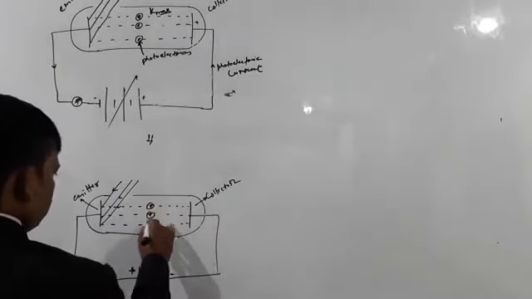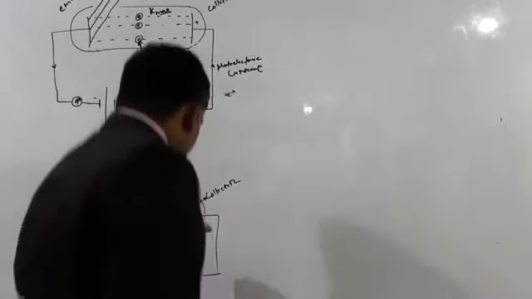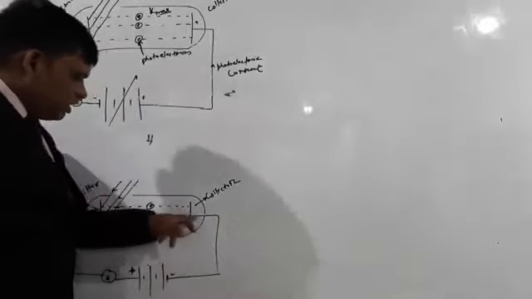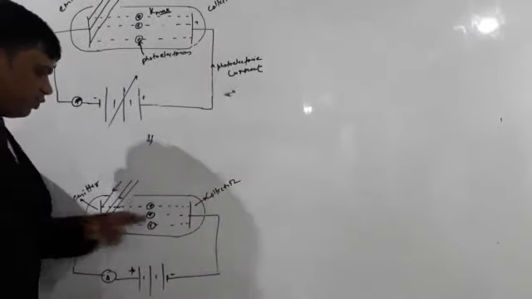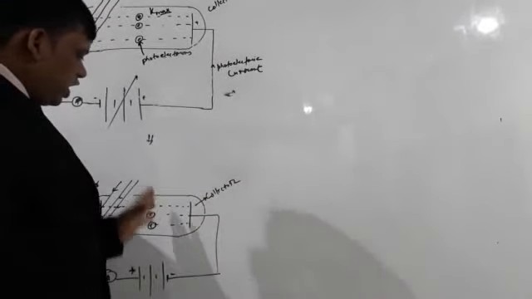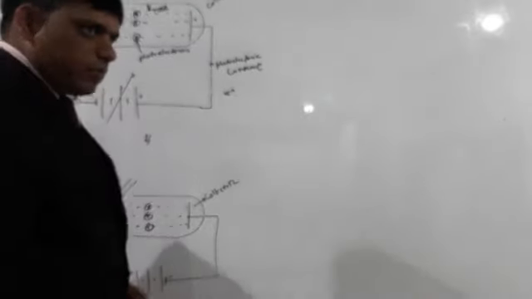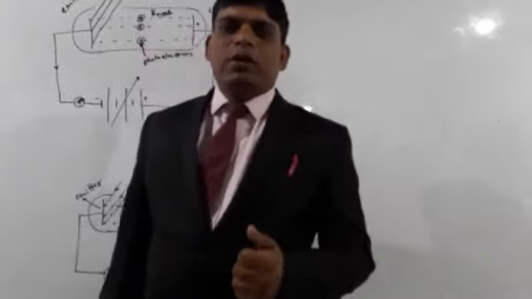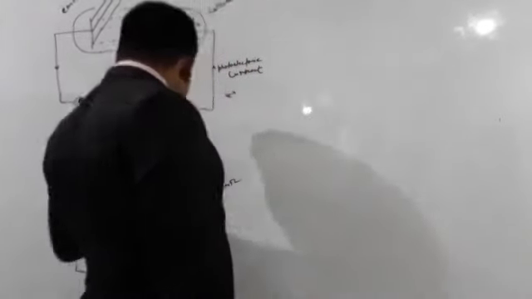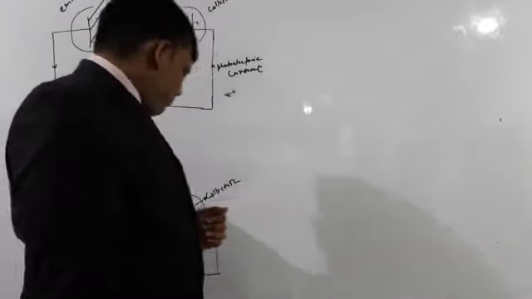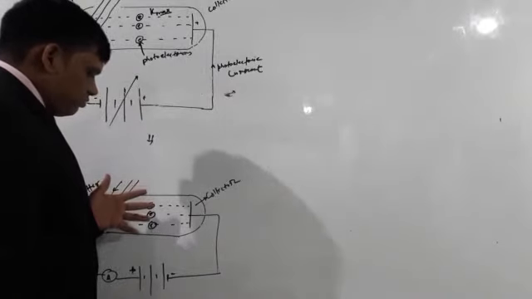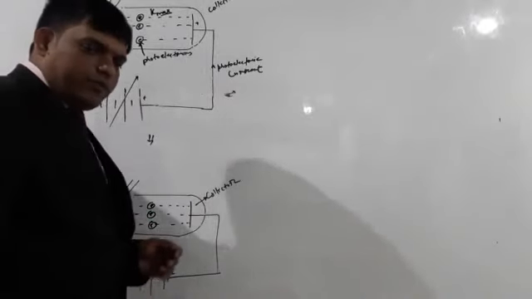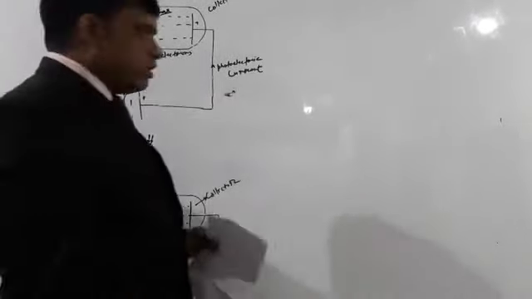Now there will be some minimum value of the negative potential of the collector with respect to the emitter, due to which the electrons cannot fall on the collector. The modulus of this minimum negative potential of the collector with respect to the emitter, so that the photoelectrons will not reach the collector, is called the stopping potential.